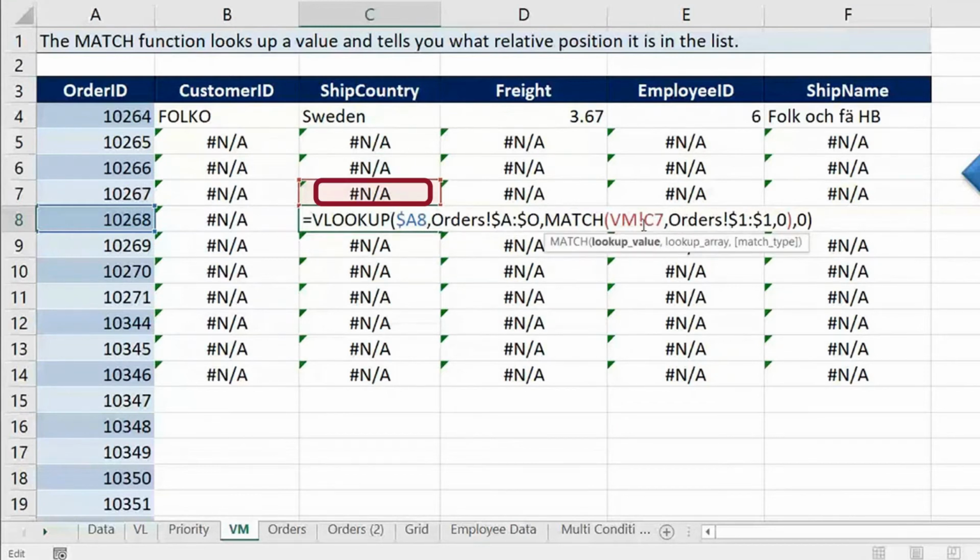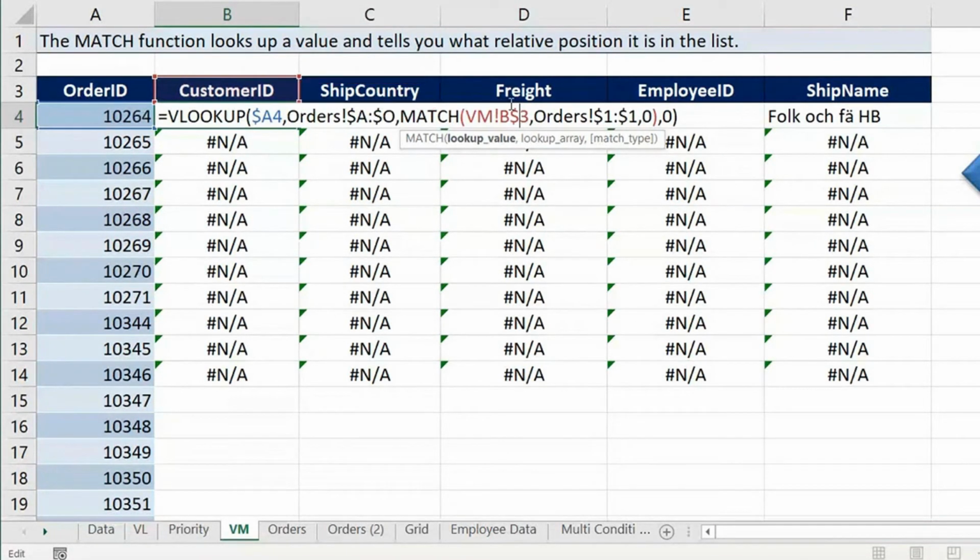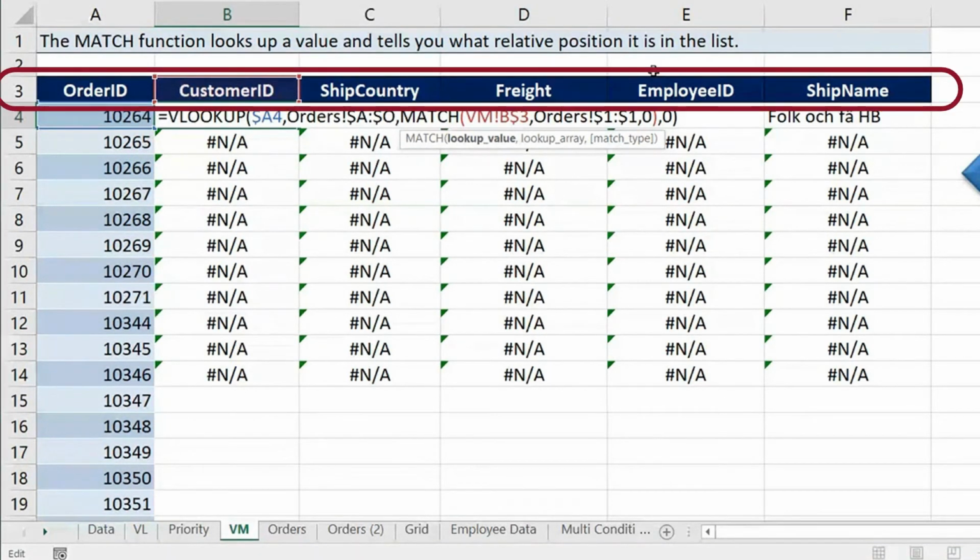I should not look at a value. I should look at the header always. So one more locking has to happen: locking the row part here. Why should I lock the row part? Because when I drag it to the next column, B3 should become C3, D3, E3, F3 because of different headers. When it goes down, 3 should not change.